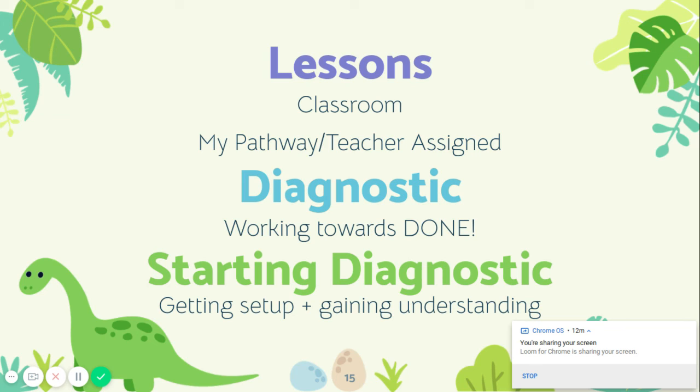If you are in place number 3, which is where you are working on lessons, you are working on completing the Google Classroom lesson or a My Pathway lesson or a teacher-assigned lesson. And you are not just clicking through and trying to finish as quickly as possible, but you are trying to make sure that you pass the lesson and that you're able to show growth and understanding of the skill.